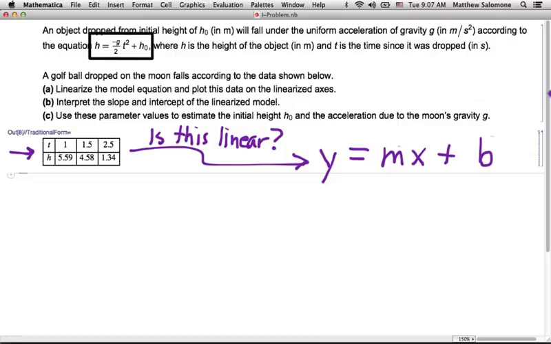No. Probably not. How come? T has an exponent. Yeah, take a look at the model equation. If this data really does fit this particular model equation, well, this model equation is not linear in the variables t and h. It has a t squared in it. So probably this is not going to fit a linear equation. What do we think of our dependent variable as being here? What's playing the role of our y, do you think? H. Yeah. So if we try to fit this to a linear equation where h is the dependent variable, that would make t the independent variable,